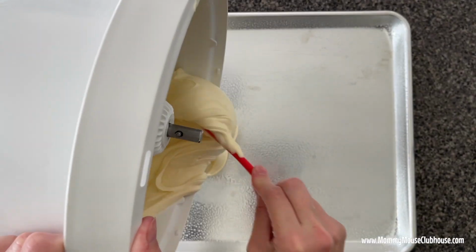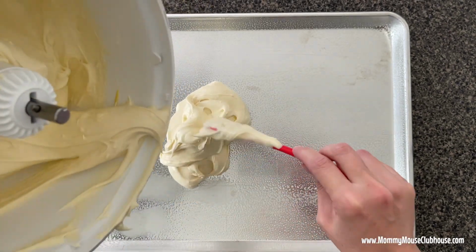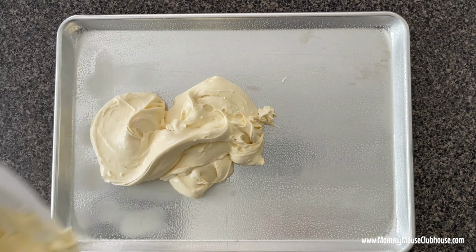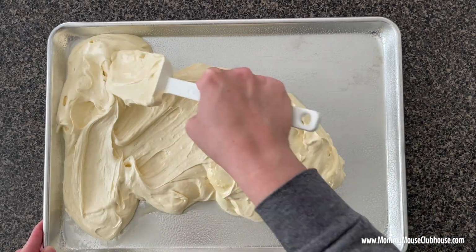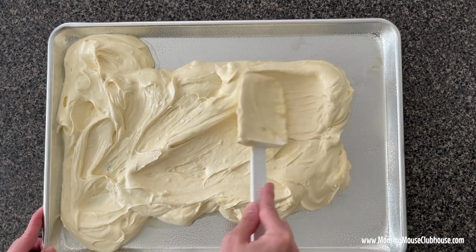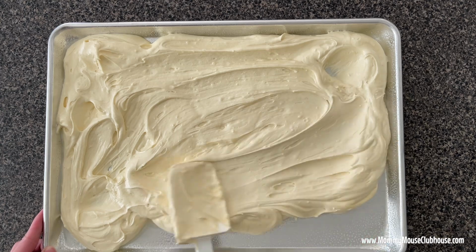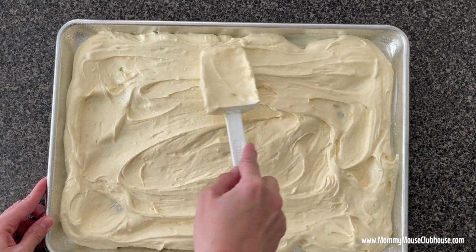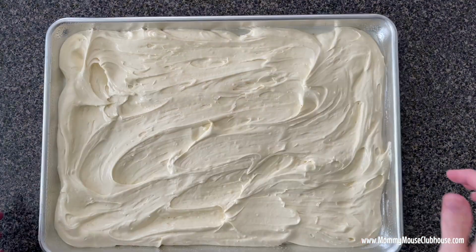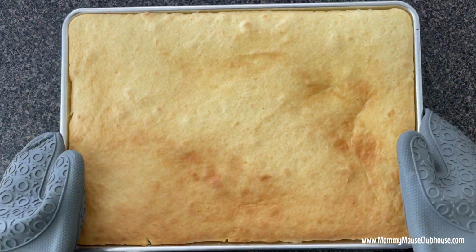Spray a half sheet pan that is 18 inches by 13 inches with nonstick spray, then spread the cake batter evenly. Bake the cake at 350 degrees for 17 to 20 minutes until a toothpick inserted into the center comes out